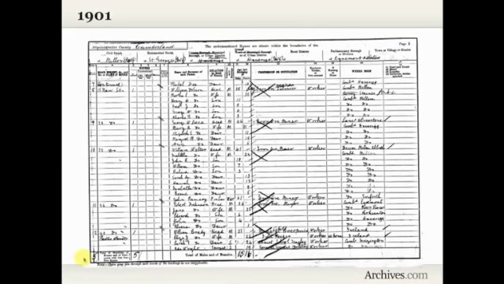Now let's take a look at the 1901 schedule. And again, if you're familiar with working with the US Census, this is a form that's going to feel very familiar. And what we have at the top is information about the location. We have the house number, we have the street, again, information about the house itself, and then we get into the names of the people in the household, how they're related, their marital status, their age,